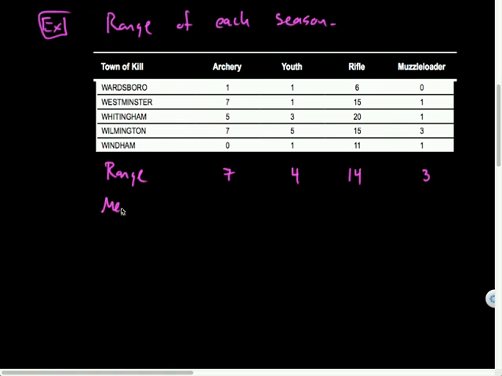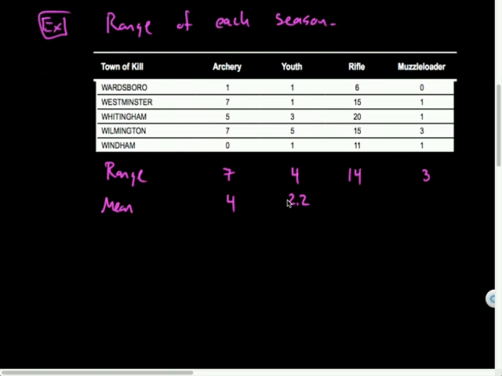So if we compare that to, say, the mean, which is measuring the center number, or the middleness of the list, right? So 7 plus 7 plus 5 plus 1 plus 0 divided by 5. The mean for this one is 4. The mean for that one is 1 plus 1 plus 1 plus 3 plus 5 divided by 5 is 2.2. Right, so I get the middle number and I have the range. The range measures how spread out it is, and the mean is an average, right? Measuring the center of the data.